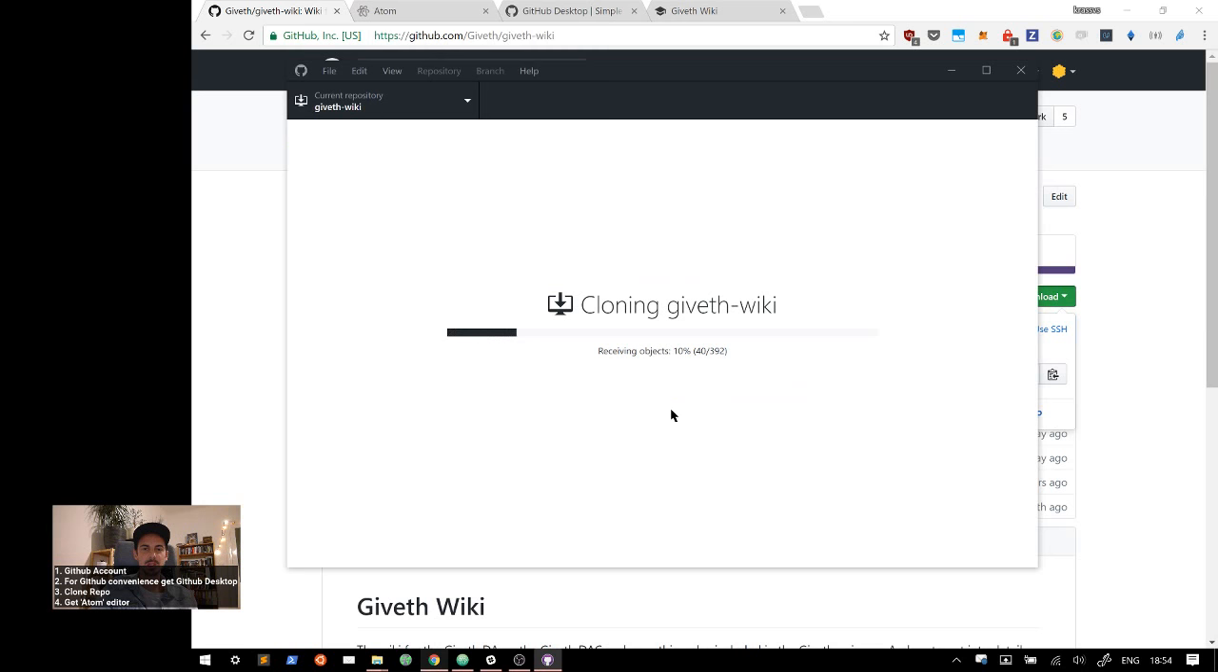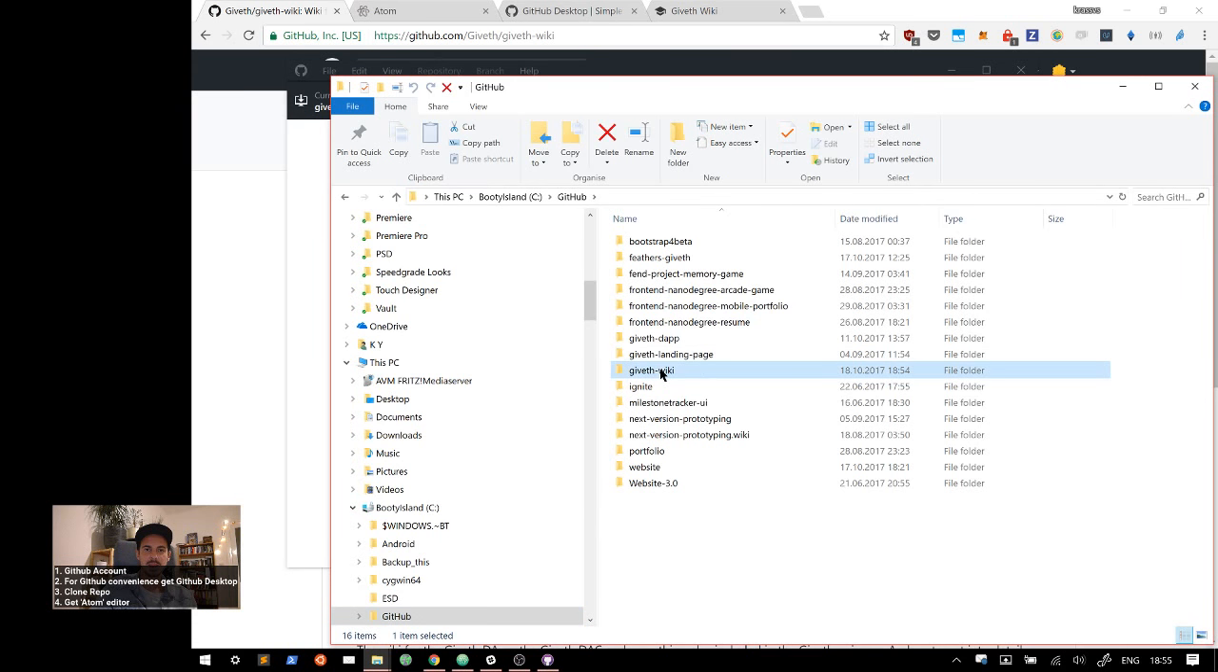Now it downloads the whole wiki from the internet and makes a folder with the wiki files on my computer, where I said it should put them. Call it wiki here. Now that this is done,